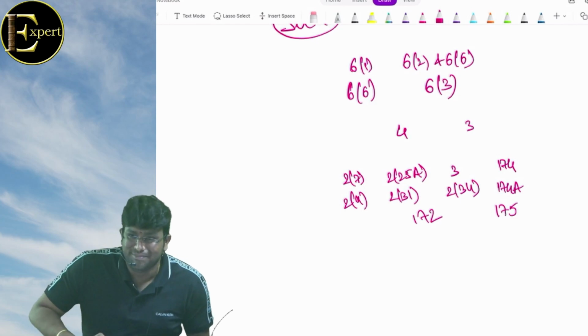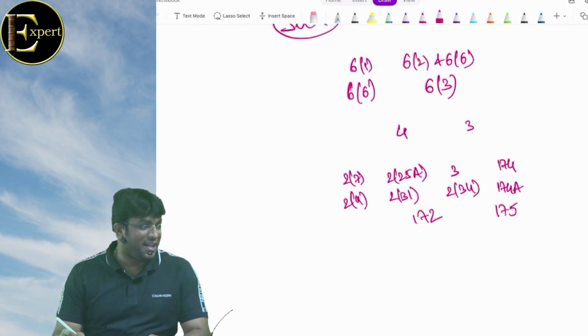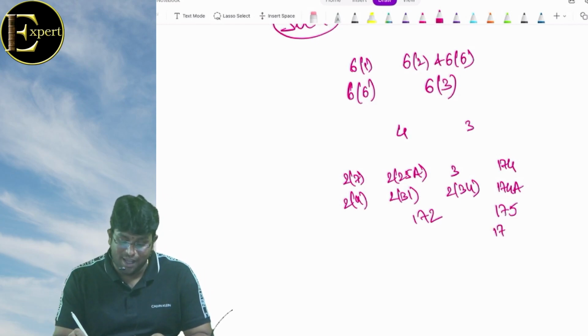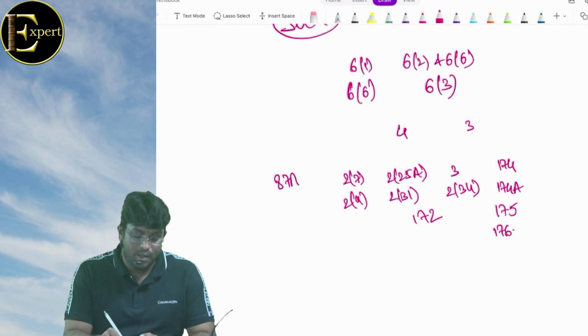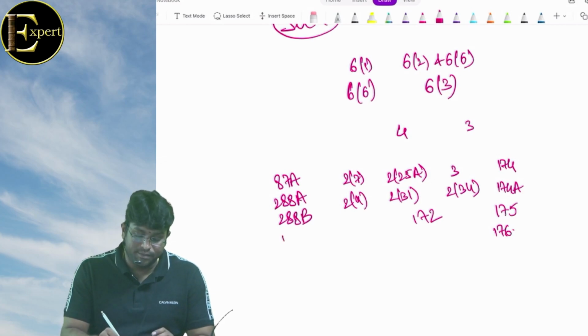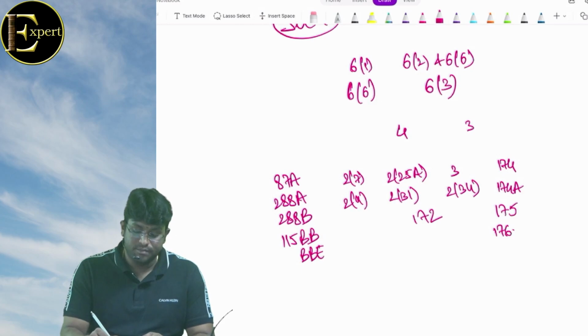175, persons likely to transfer property to avoid tax. 176, 87A, 288A, 288B, 115BB, BBE, 112,